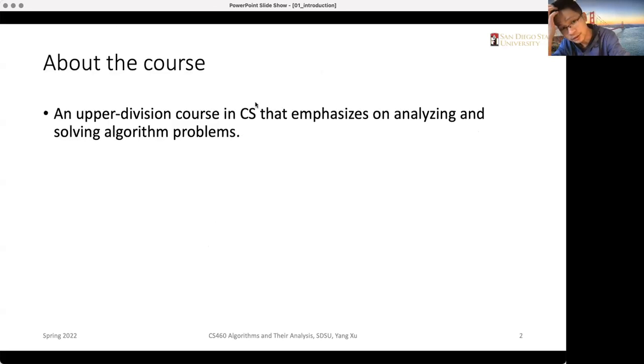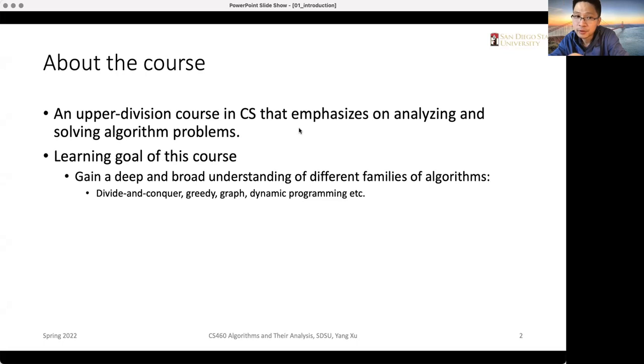First of all, about the course, this is an upper division course, and it emphasizes analyzing and solving algorithm problems. So as the learning goal for this course, after this semester is done, we will need to understand a broad range of different families of algorithms. And here, what I listed is the